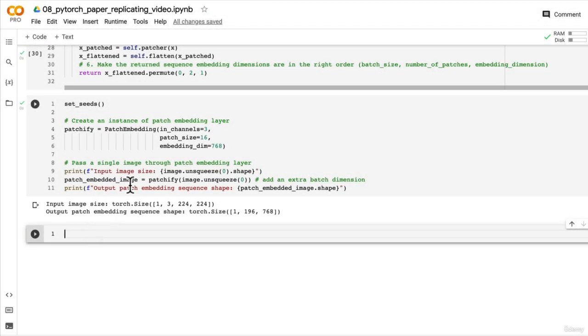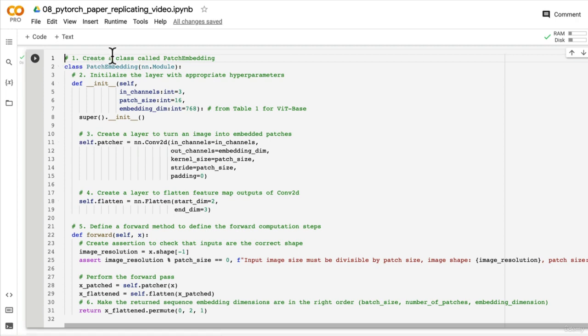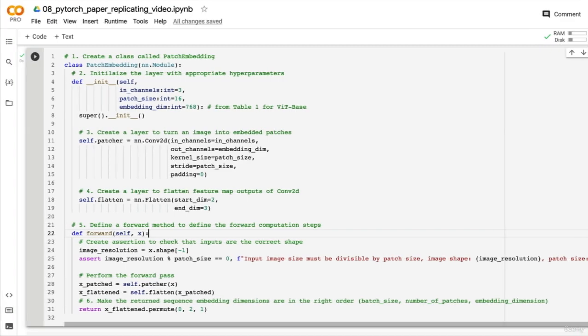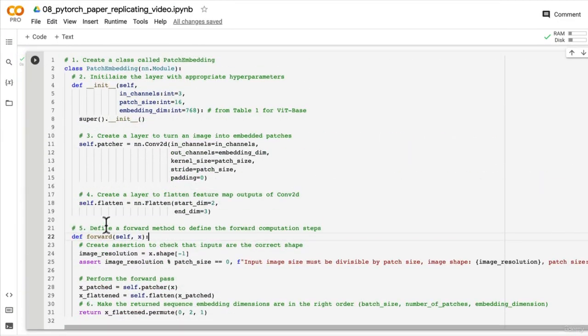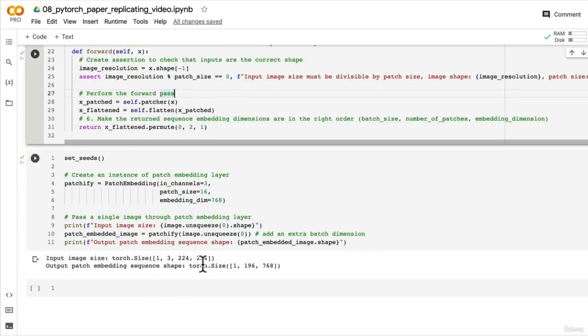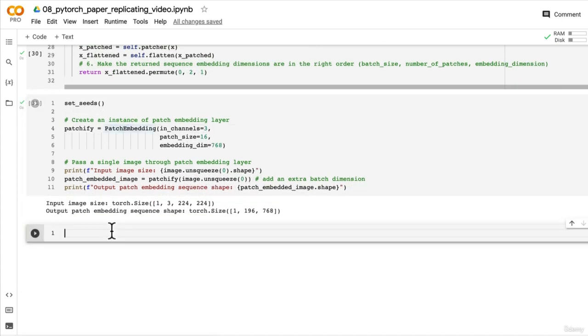Welcome back. In the last video, we created our first layer of the ViT architecture, the patch embedding. And we adhered to the quote from Lao Tensor, the creation of a deep neural network starts with the first layer. So it's very exciting, but we've got a few more layers to go. And just to show you that our assertion works, we'll check to make sure that we've got the right image shape as we go through the patchify layer, or the patch embedding layer, let's just create